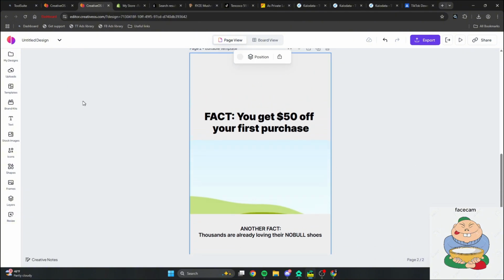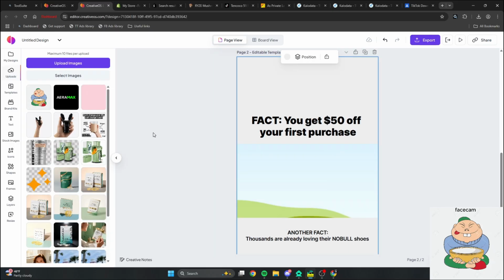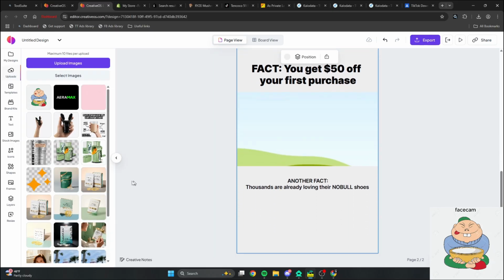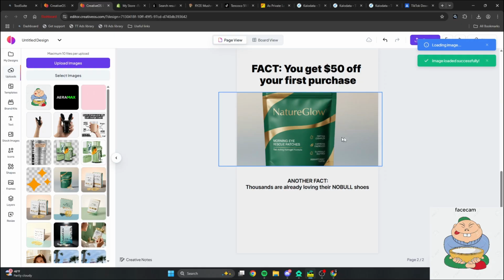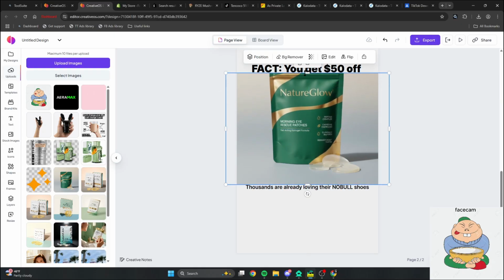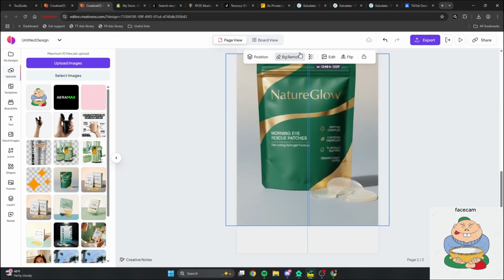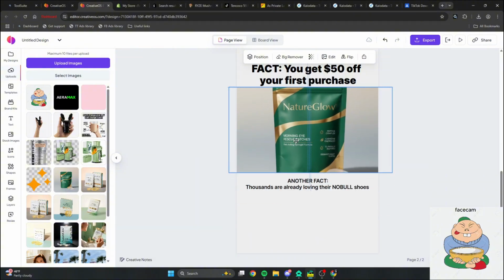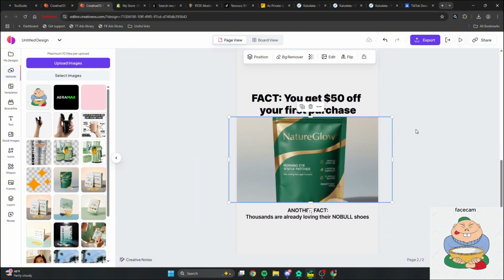And I'm going to slow it down for you guys because I know I kind of rushed that, but it's going to be quick and easy for you guys to see. So let's say I asked ChatGPT to create the prompt, and this is the image that Nano Banana gives me, right? I'm going to use this on my image ad, and I'm just going to replace the main image, right?